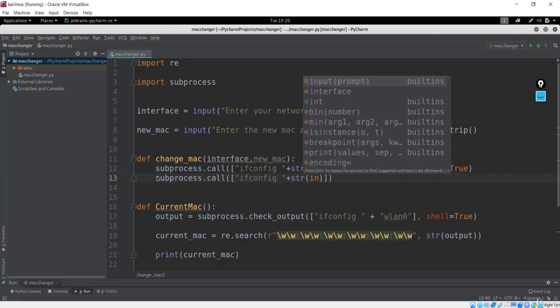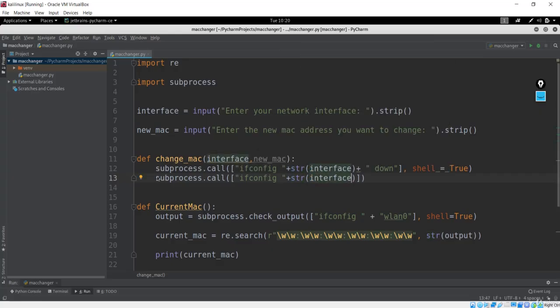I'll say interface. After that, you know what to do. We have done this many times before. Now I have to give a space again, because I want this ether argument to be changed to the MAC address that we just input. So I'll say str, and here I'll pass new_mac.